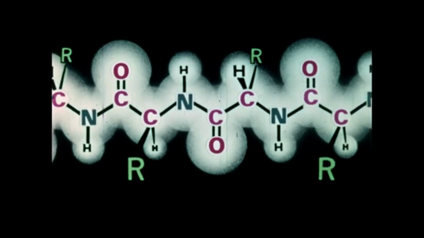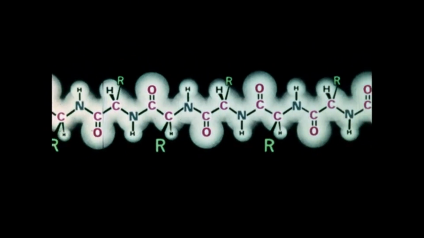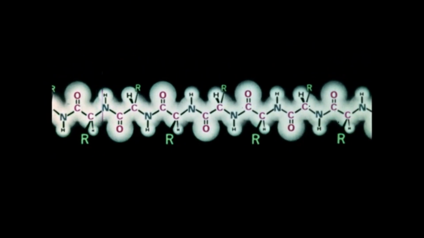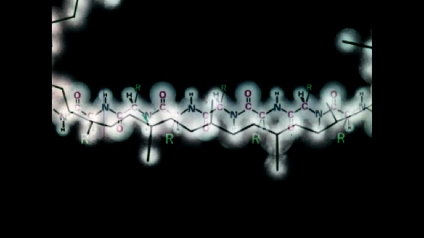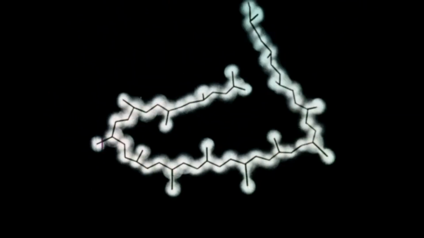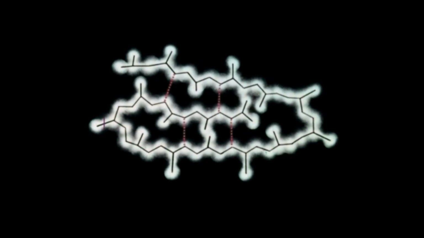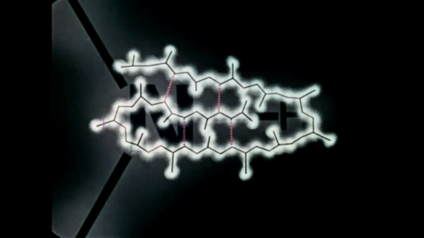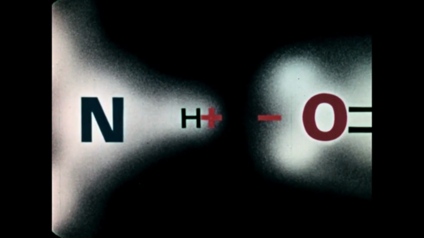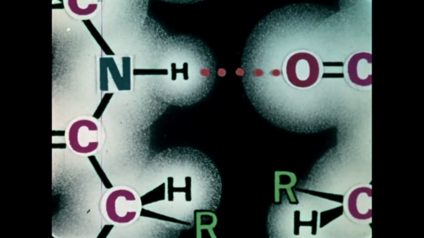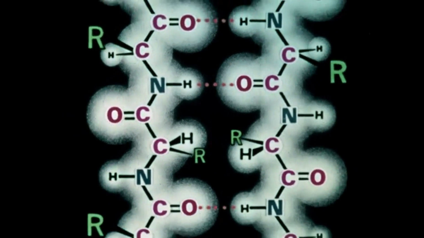The protein polymer is strongly linked together by covalent bonds. However, the way a protein polymer folds and cross-links to form a compact molecule is mainly determined by weaker bonds. This kind of bond is called a hydrogen bond and is very important to proteins. Cross-linking of protein polymers may occur as a result of hydrogen bonding.